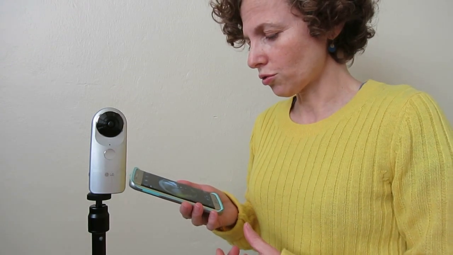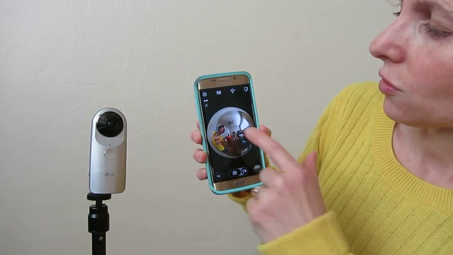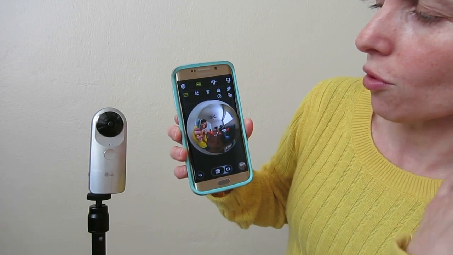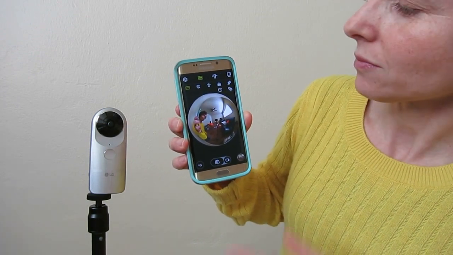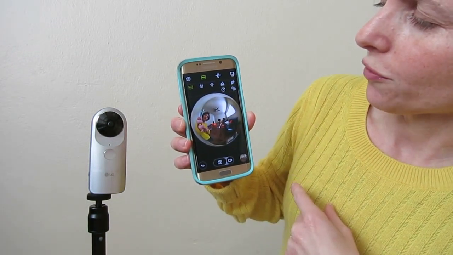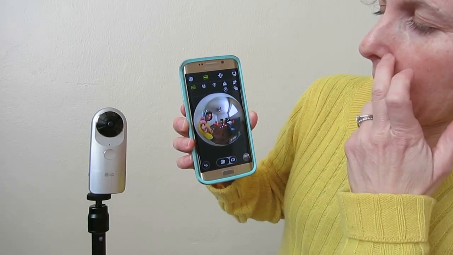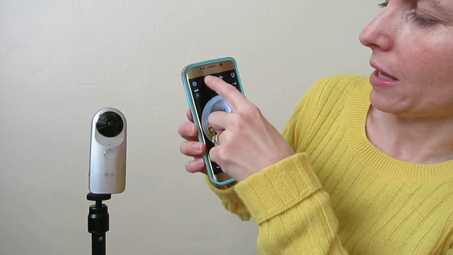So you can use your phone and your app as a remote control for your camera. It's pretty cool because you can do a lot more stuff. So you can select the different modes. You have modes for auto, where you don't do anything. You have one for low light, like to shoot at night, for example. You have a mode for indoor shooting, one for outdoor, one for sports or live action. You have a timer, and